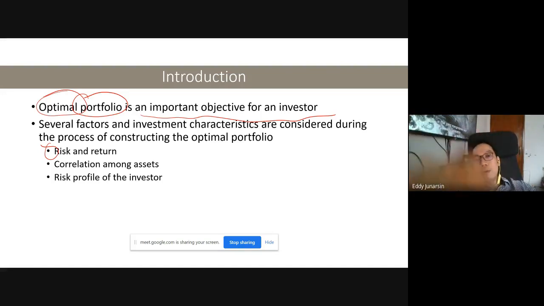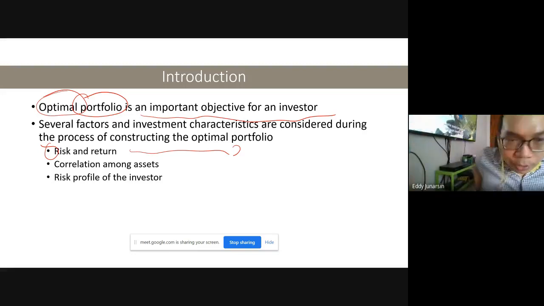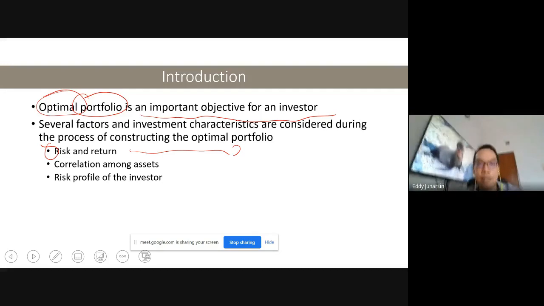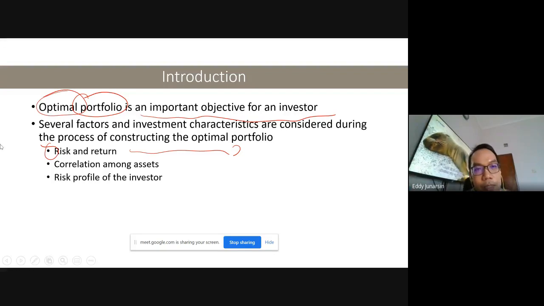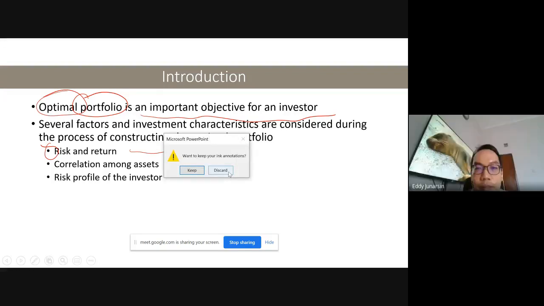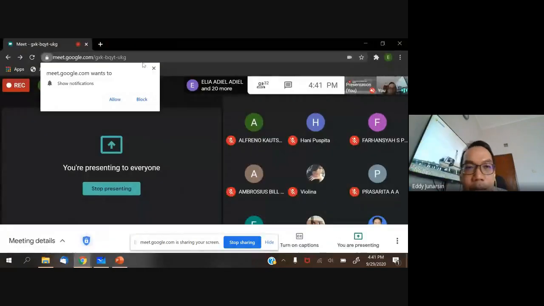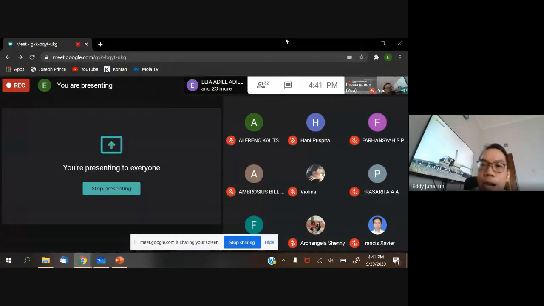As always, I think you saw this a lot in the corporate finance course and financial management, return and risk. And last week we talked about the trade-off between risk and return. We said the higher the risk. Can you tell me again, what's the usual analogy for risk and return? We call it what? High risk, high what? High return, sir. Yeah, high risk, high return. To be more precise, high risk, high expected return.